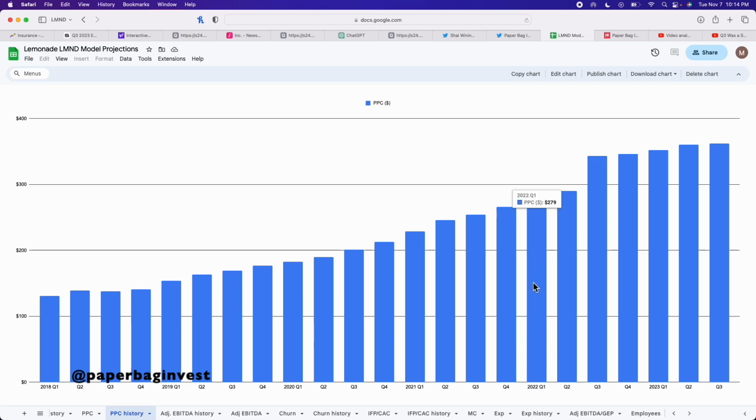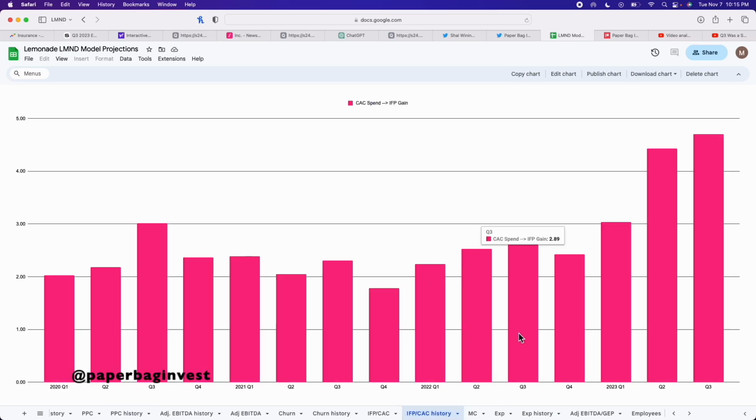That has been rising, so you're getting more premium just from your overall fleet of customers as they mature, as they get more products. You're naturally getting more and more premium from every single one of those customers. So for every new dollar of sales and marketing spend you're spending, you're just gaining so much more premium as a whole. But this trend has also been improving quite a bit since 2022 because the customer churn has been